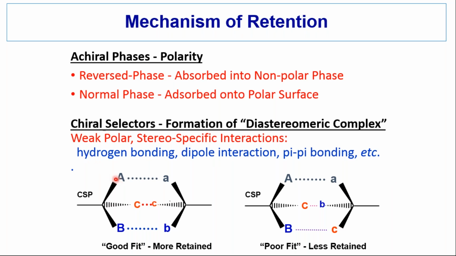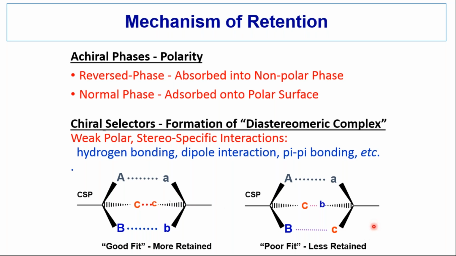So the interactions of the analyte with the stationary phase, instead of being bulk properties, are generally stereoselective or stereospecific interactions. They're generally weak polar interactions, so hydrogen bonding, dipole-dipole interactions, pi-pi bonding, etc. So in this example, just to make up examples, say the stationary phase has a hydrogen bond acceptor, a pi base, and a dipole. If we have a hydrogen bond donor, a pi acid, and the dipole of the opposite orientation, these will interact strongly, and so there's a good chance we'll have good retention.